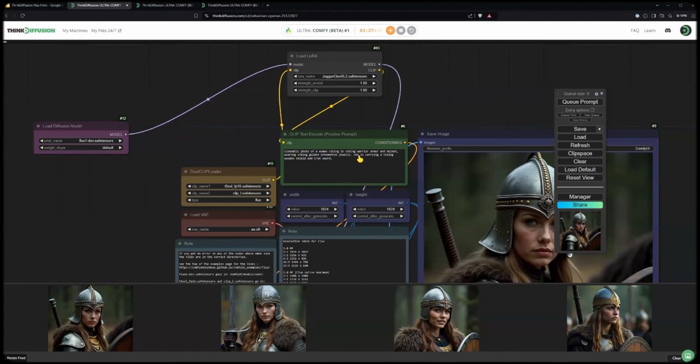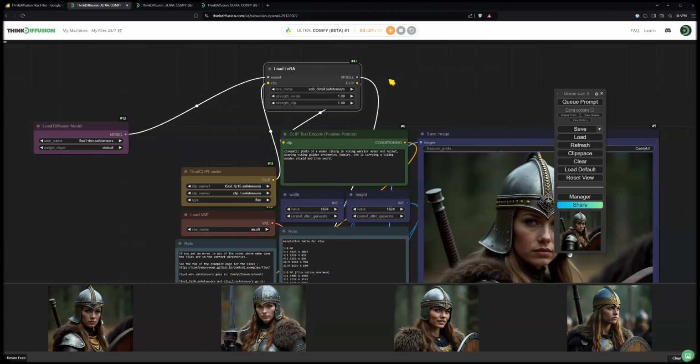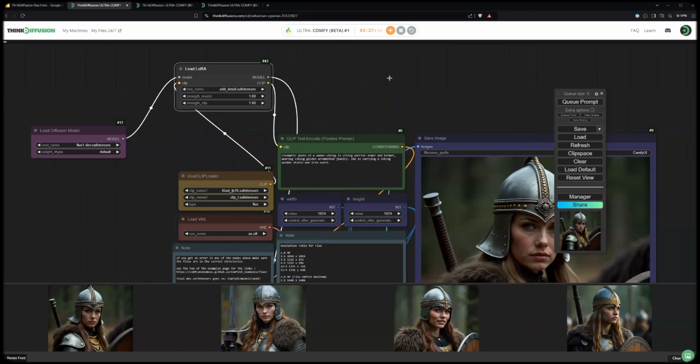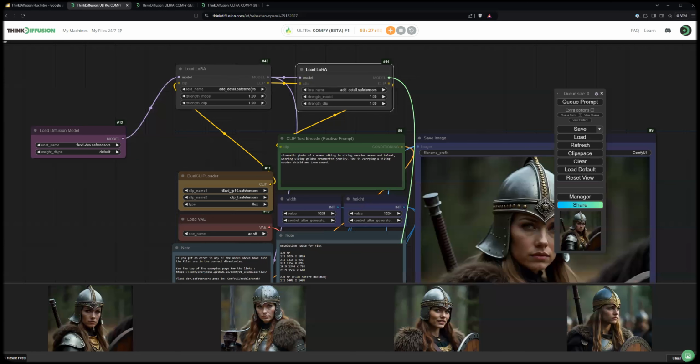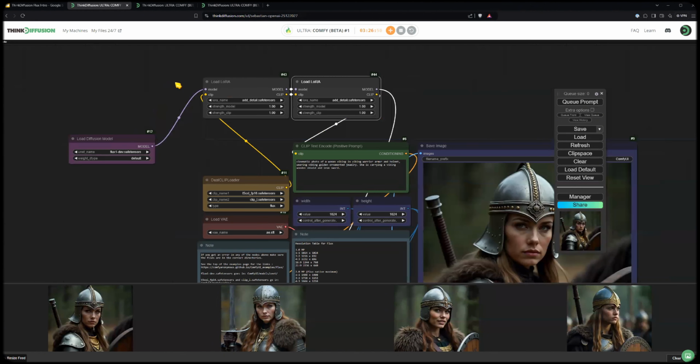Now we can load a LoRa here. We have to load a Flux LoRa, so you can't use any of your old Stable Diffusion LoRas. If you want to use multiples, you can connect them like this, and then take from this and go down to the other ones. There are also other nodes where you can have multiple LoRas in one node, but I found using this is just as convenient because then you don't have to install any custom nodes for that.